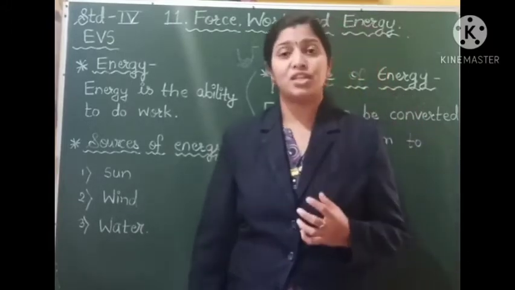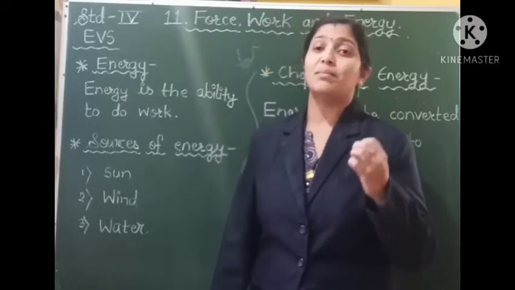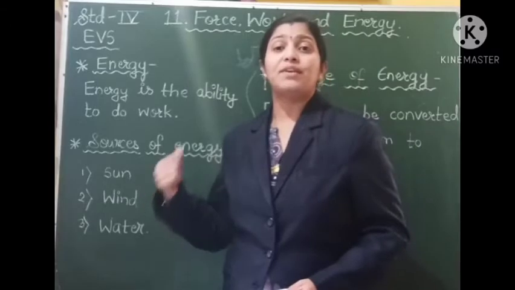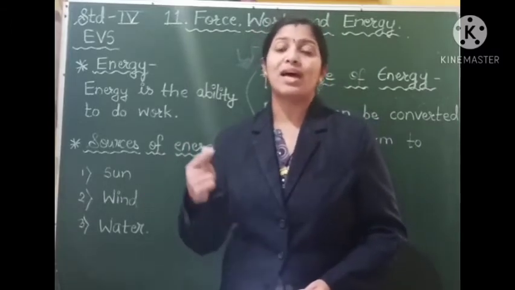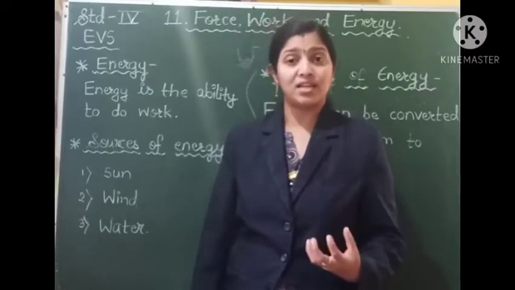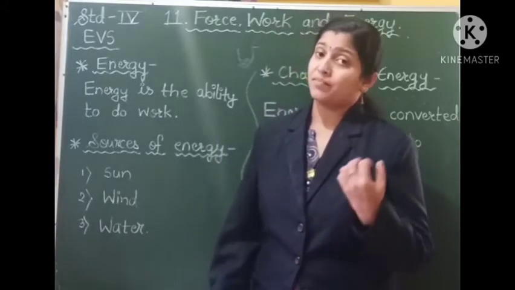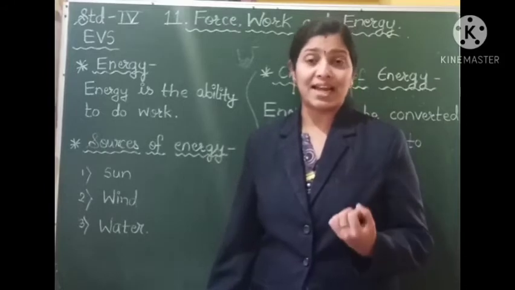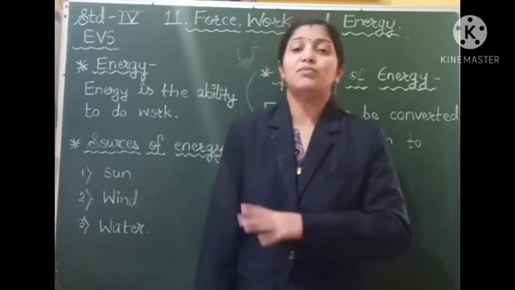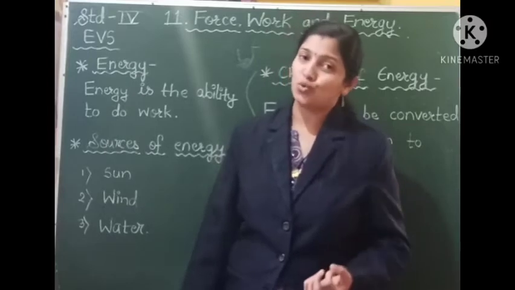So most of the energy that is found on this earth comes from the sun. Sun is the main source of energy on this earth, and the energy that we get from the sun is called solar energy. But students, do you know how this solar energy, or the energy received from the sun, is used by human beings? Yes, human beings require the heat and light of the sun. Suppose the sun does not rise someday, what will happen? It will be completely dark. So the sun gives light to human beings.